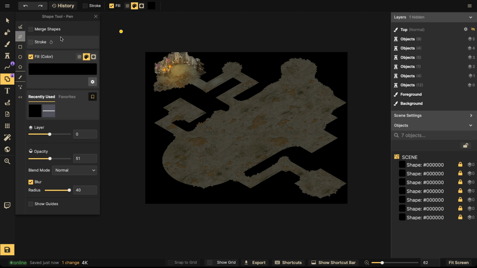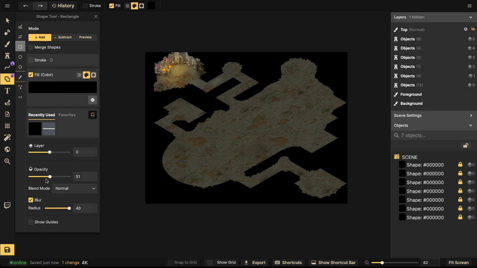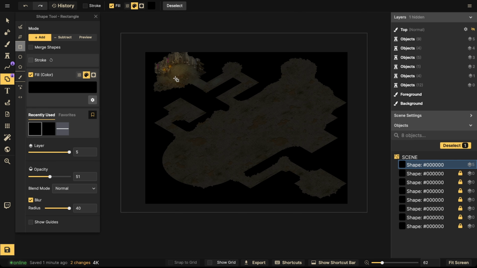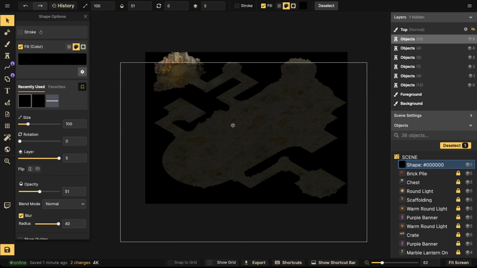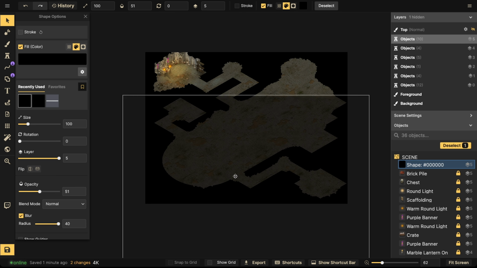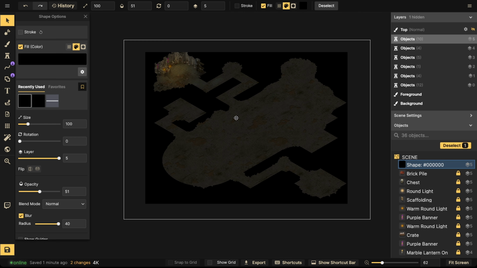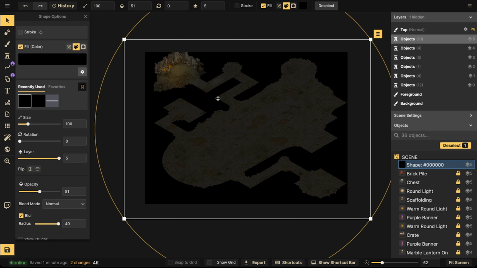And then I'm going to go ahead and do the rectangle. I'm going to put it all the way up on layer +5 and then put this all the way across like this. And now you'll see right here that my whole scene just got a little bit darker. What this shape right here is going to represent is your shadow work. And the only thing that you have to do is just remove the areas, remove the shape where they're supposed